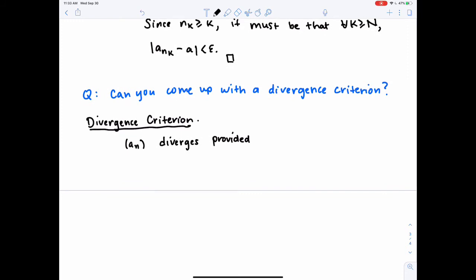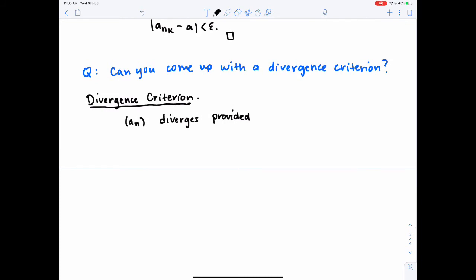The first is that if a_n has a divergent subsequence, the moment it has a divergent subsequence, so that's a subsequence that doesn't converge to any value, that behavior is hidden inside a_n, and you can say, well, a_n is not going to converge to any value either, because you can just think of that subsequence as being the collection of outliers you're looking for to prove that. So first thing, provided a_n has a divergent subsequence,